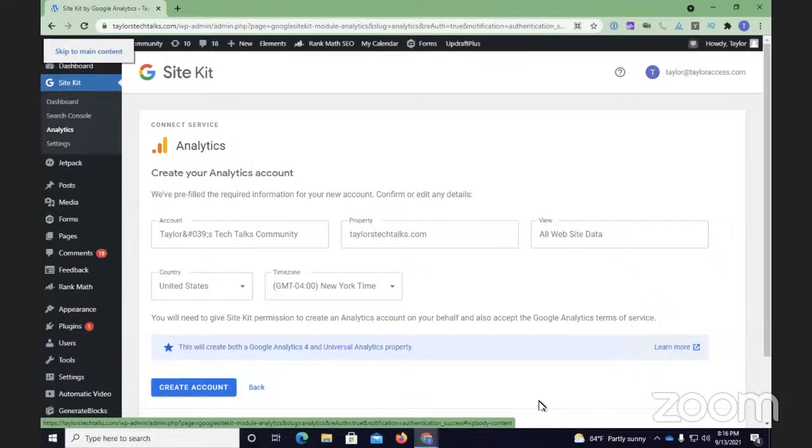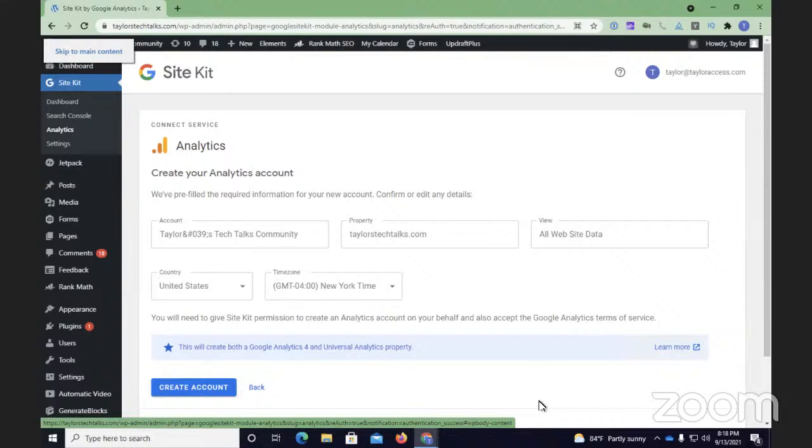So that's kind of why I wanted to show you this part for speech, because it's not the same and it's not clear. That's why I wanted to show you how this is done, just because this is not the most clear thing with speech, right? So it's a little bit convoluted, and I wanted to give users the opportunity to see this being done. Accept the Google Analytics terms of service. Now I have to accept the Google Analytics terms of service, and I have to give Site Kit permission to activate and to give more data and to create my account.